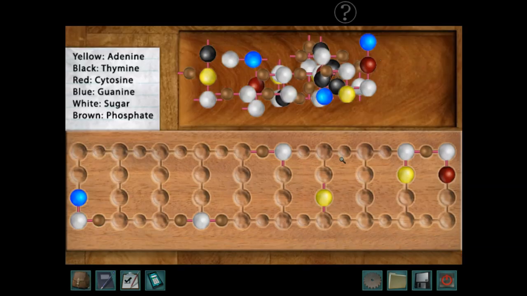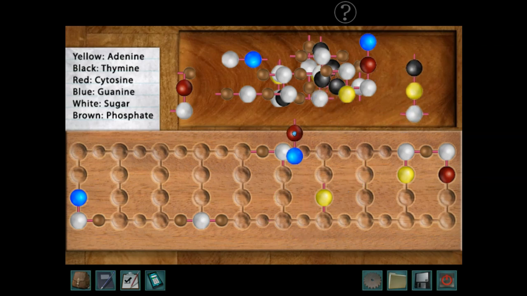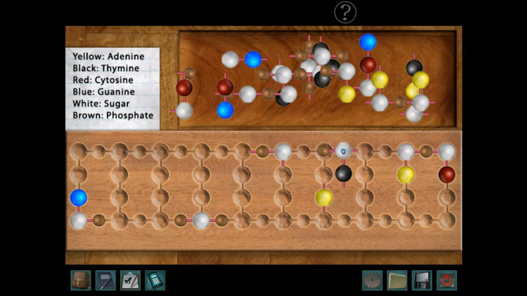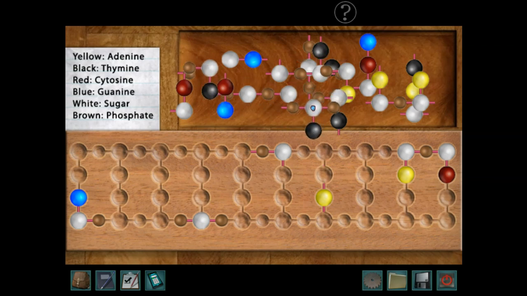Okay, first puzzle of the game. This one isn't too bad. It's kind of just figuring out where all these pieces go. I like to start with the middle ones. Like this one will need a black thymine atom or whatever. I don't know, science. Next to it, so, but it's not that one because there's already a pink connector there. And it's not that one because it's missing a pink connector there. Again, clearly I know nothing about science.